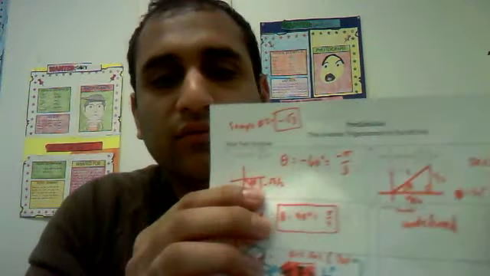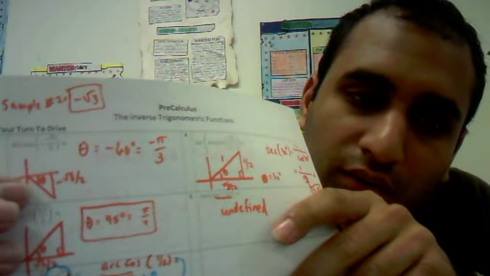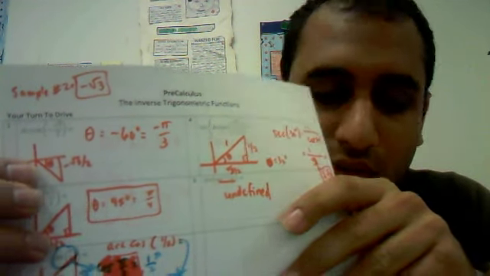Alright, so sample problem number 2, the answer was negative square root of 3. For your turn to drive problems, I'm just going to walk you through the first one and then I'm going to give you the answers to the rest. So the first one, the way that I thought through it is that we're looking for